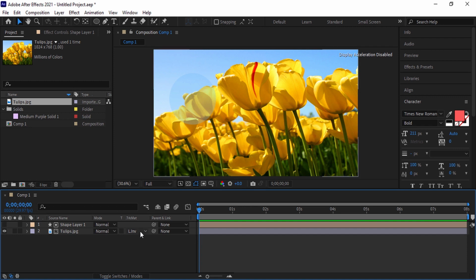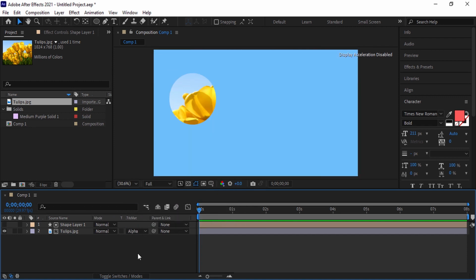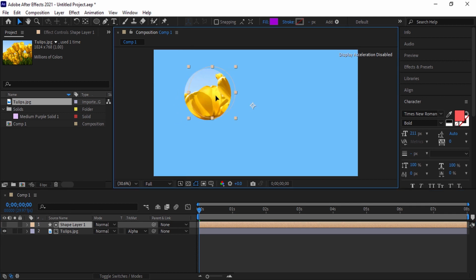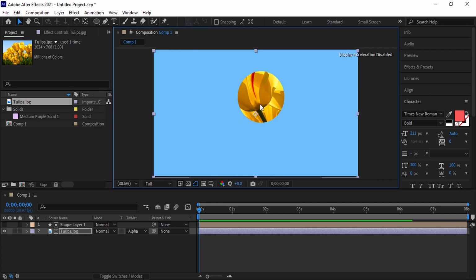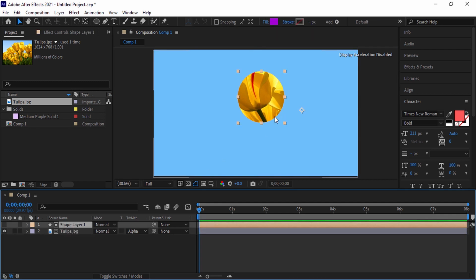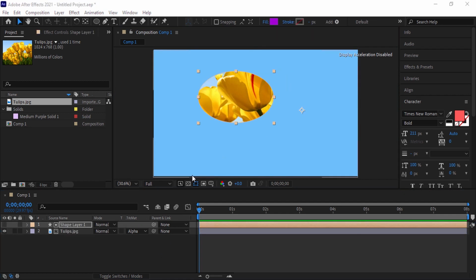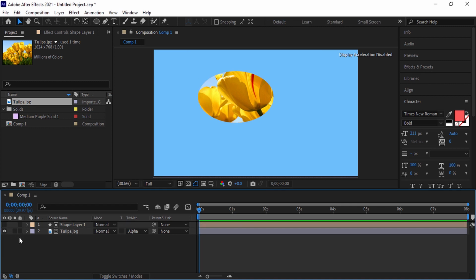Well, so far we are familiar with TrackMatte. The point here is that you can adjust the location of the mask by moving the contents of each of these layers. For example, using the selection tool and clicking and dragging on the shape in the top layer, you can change the location of the mask. You can do the same for the bottom layer and adjust the location of the mask by moving it. Important note: after applying a TrackMatte on a layer, the top layer eye icon turns off.